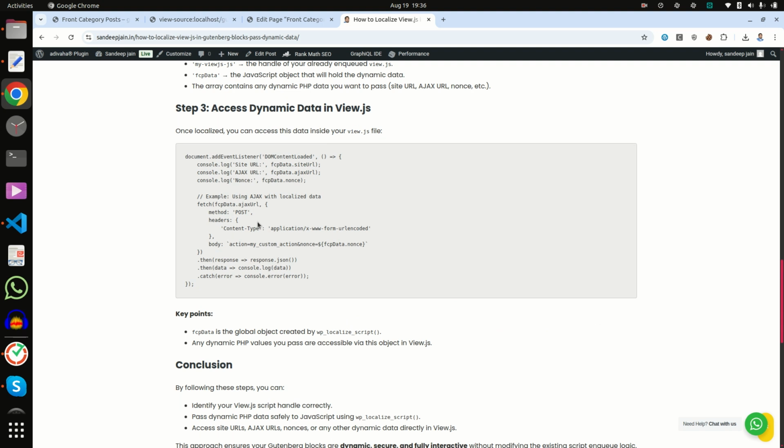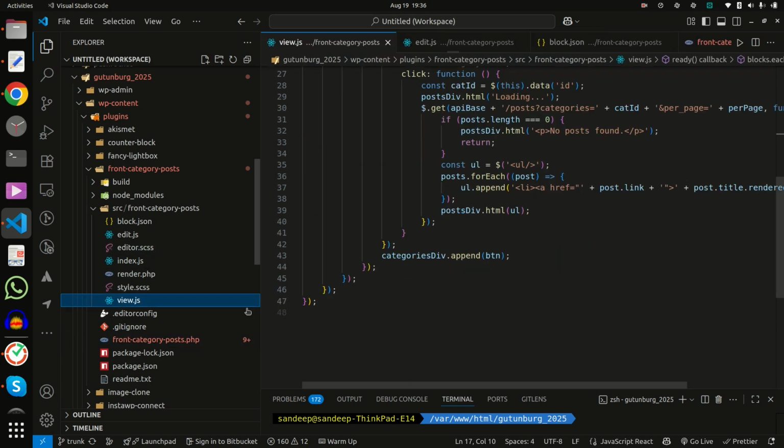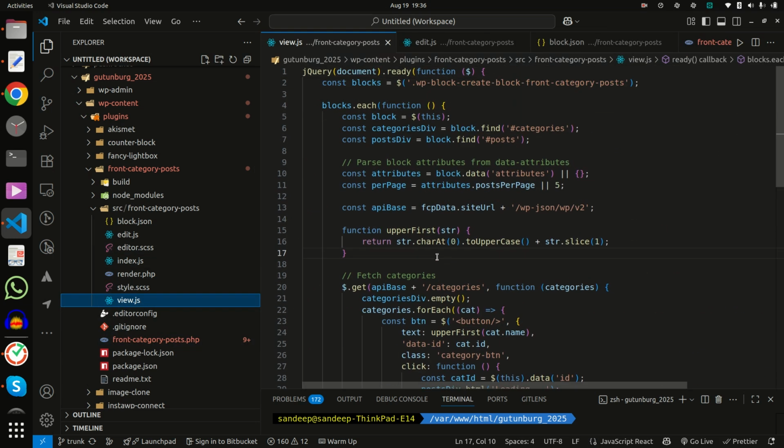Now we can check what we passed inside it, some data like site URL, in Vue.js. Here I am checking with site URL.